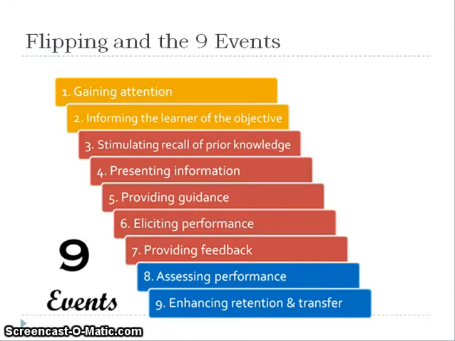Now, Robert Gagne said that in any successful instructional occurrence there are 9 unique, distinct things that happen. So in successful instruction, these 9 things have to happen. Now, Gagne did not say that these things have to happen in order, but he did say that these things do have to happen, and sometimes they happen because we plan for them explicitly, and sometimes they happen simply because they happen naturally within a class.